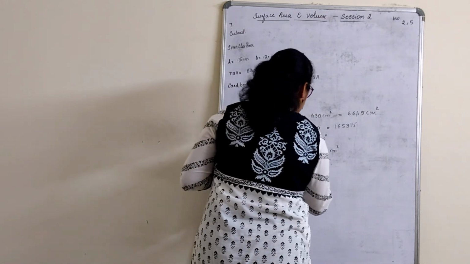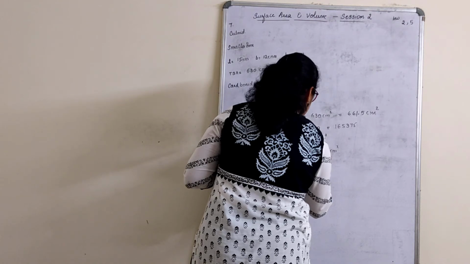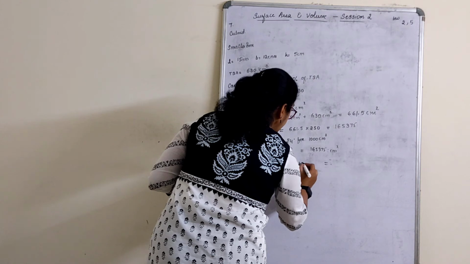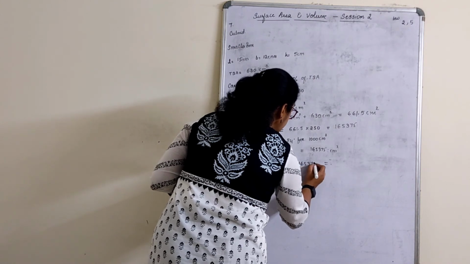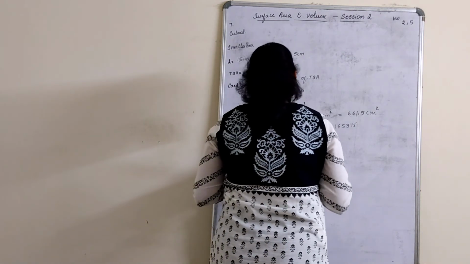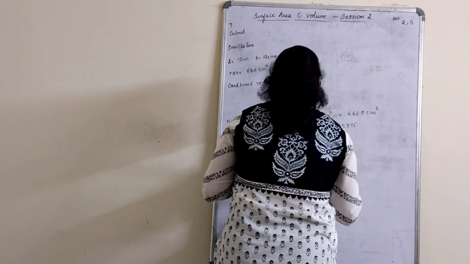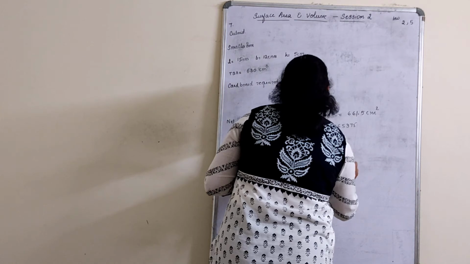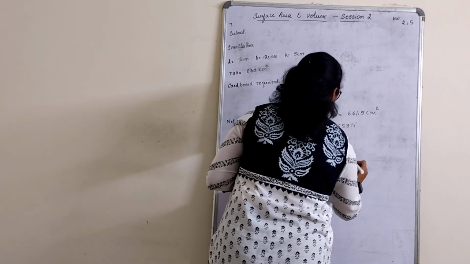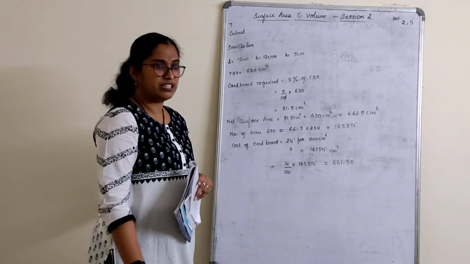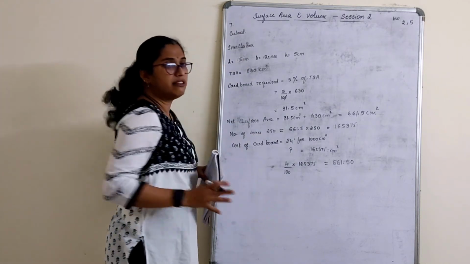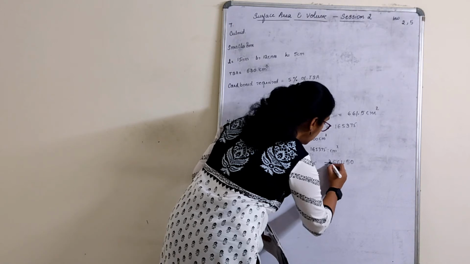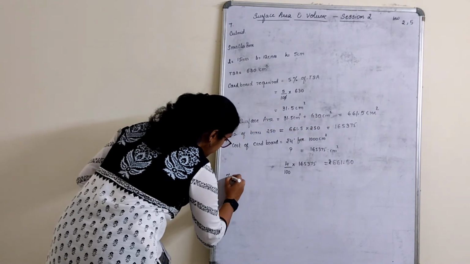So for this much area, 165,375, how much? 4 by 1000 into 165,375. The direct answer which I'll be giving you here would be 661.50. Again, like the previous one, we got the same answer. Same thing I calculated for the smaller box. Finally, what is the total net amount, children?